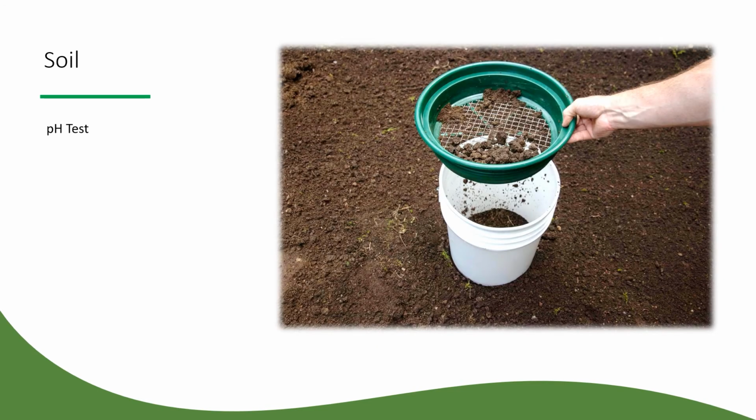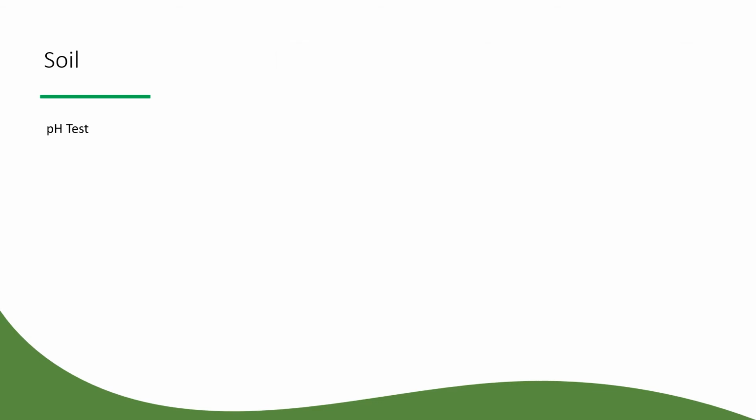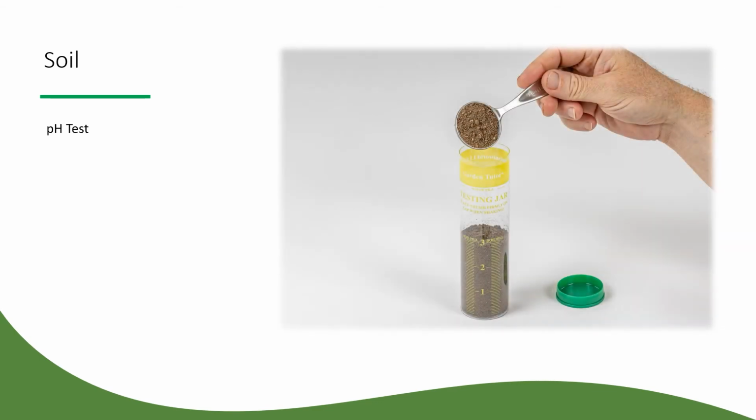Remove any stones, grass, etc., and put this sample in a bucket or large container. Repeat this process a few times around your garden site. Mix the soil samples thoroughly in the bucket or container and eliminate any foreign debris. Using a tablespoon, put 8 level tablespoons, or 4 ounces, of the mixed soil into a clean plastic cup or